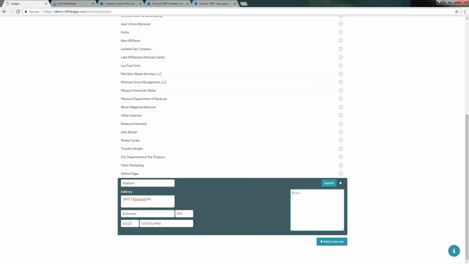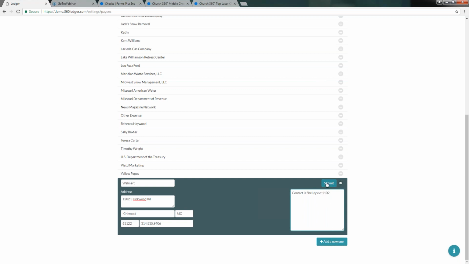Okay, so in the notes field, you might wonder what that notes field is for. That could be any information that's good to know about this particular payee. So for instance, in this one for us, we have a contact person, so I'm going to put that, our contact is Shelly, and she is at extension 1102. So that might be good information for anybody else to know that that's our contact person,